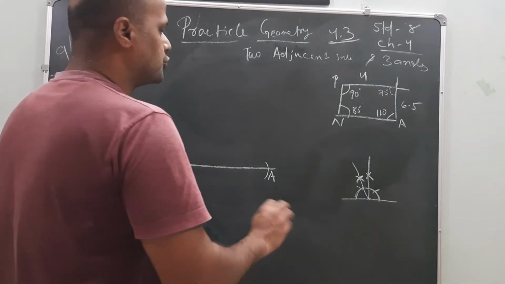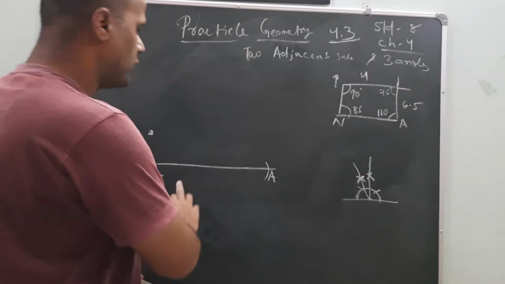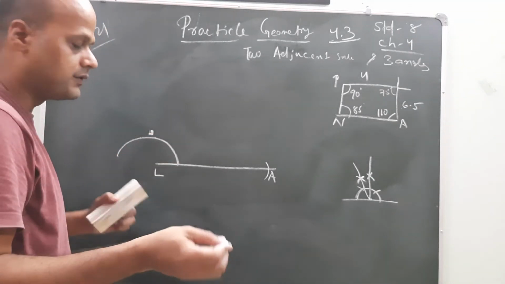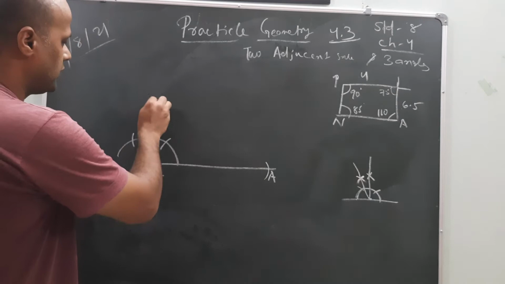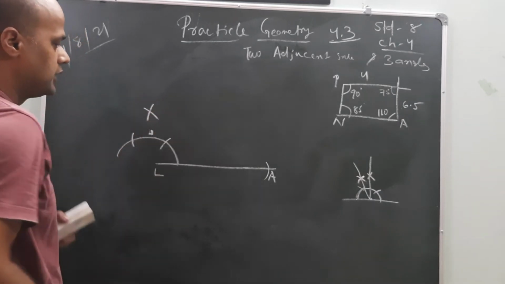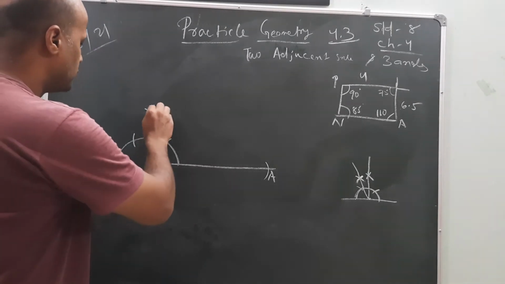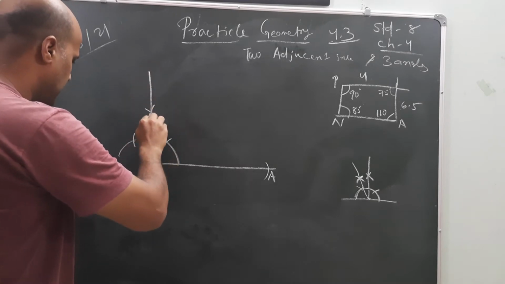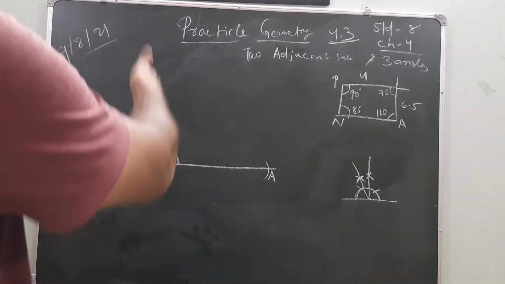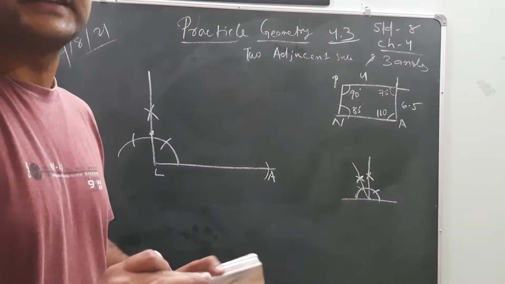Okay. Now draw. LA is 6.5. We are drawing it. L is 75 degree. Now draw it. Draw a semicircle of any dimension. 60 degree, 120 degree. From 60 degree to here, you have to draw an arc. From 120 to here, you have to draw an arc, and it will bisect the 60 degree arc. And join the intersecting arcs with L. Then this will be 90 degree. Okay? So it will be coming a little bit bent, but it is with the help of chalk I am doing it now. So you have to use the scale. It will be coming correct.